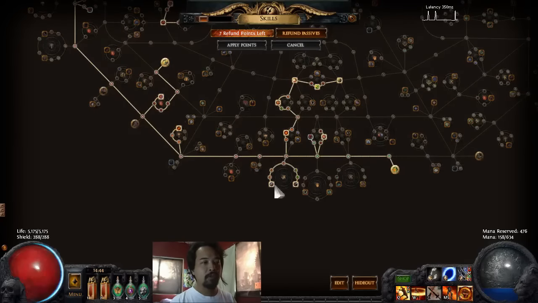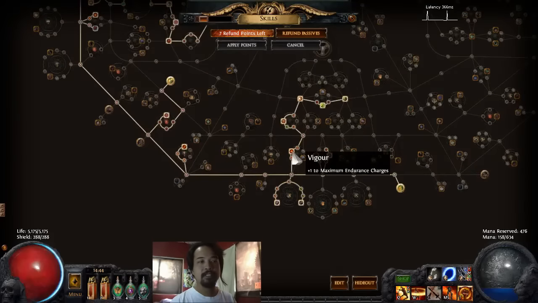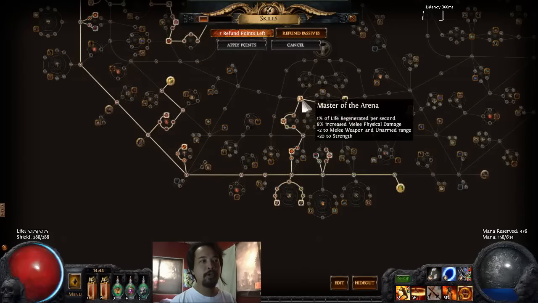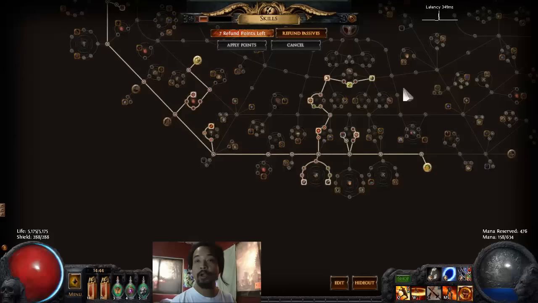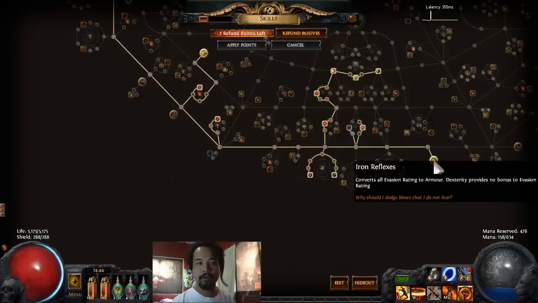And we went to the right side over here towards the dual skill tree to take the Executioner and the Wrecking Ball. We went up to get some more endurance charges over here: Destroyer, Master of Arena, Bravery, and then the Art of the Gladiator. And then we went over to the far right side to take the Iron Reflexes for